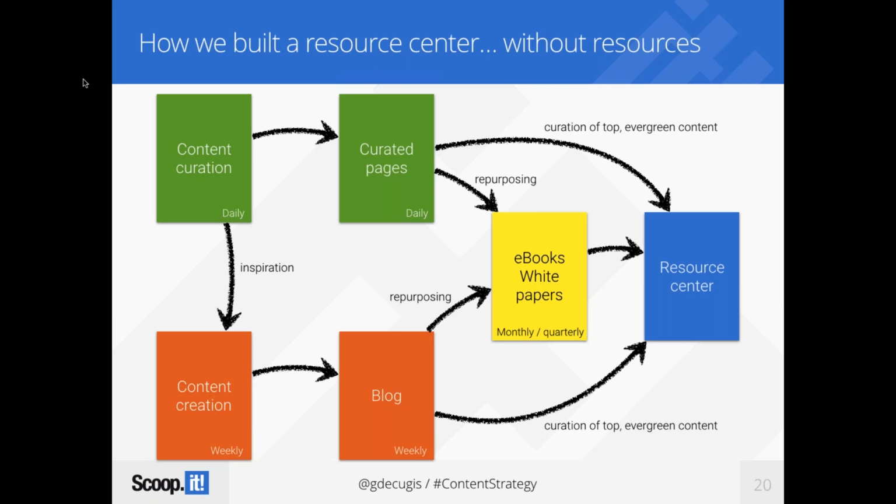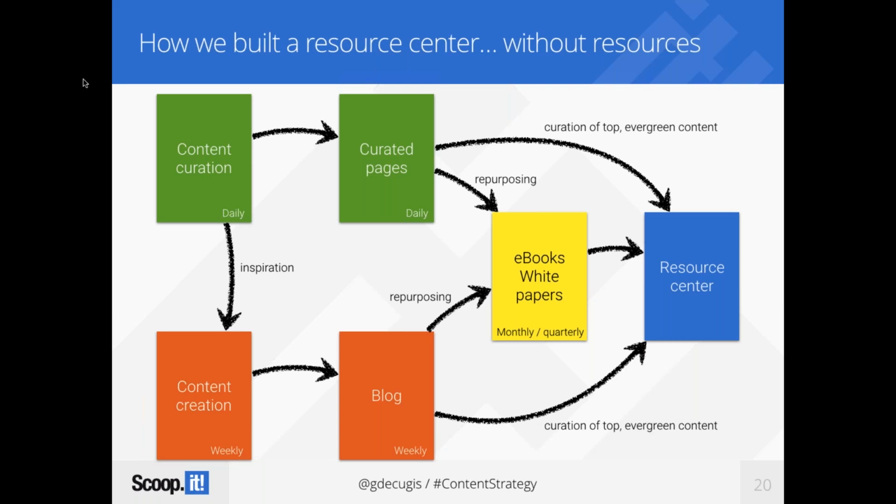What would it be? And you can repurpose some of your blog posts, some of your ideas, some other people's ideas that you've been curating, and you can start writing those ebooks and white papers and start creating the ultimate guide on this, or the how-to guide on that. And as you start building ebooks and white papers, and historically we only had a few of those, so we had them on standalone landing pages, we started to assemble all of those landing pages and created our own resource center. And that's how we built a resource center without resources, which is kind of a joke, but